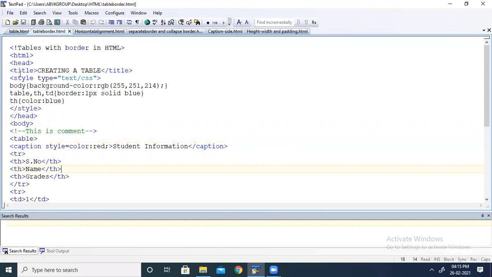So HTML, head, then title, then I am closing the title here. Then again I am telling you style type equal to text/CSS. Then body background color. Again I am specifying the style rules here. Then what will be the style rules for the table? Table, TH and TD. All these three, border will be 1 pixel and color will be solid blue. Then TH color, again I specified color blue for the TH. Now I am closing the style tag, then the head tag, then after closing of the head tag, the body tag